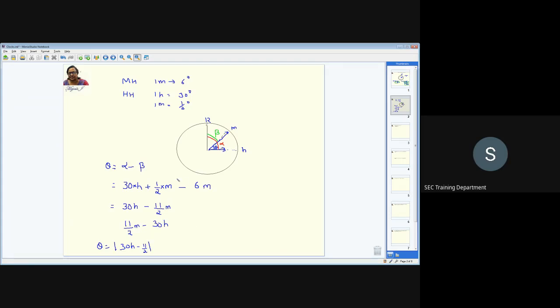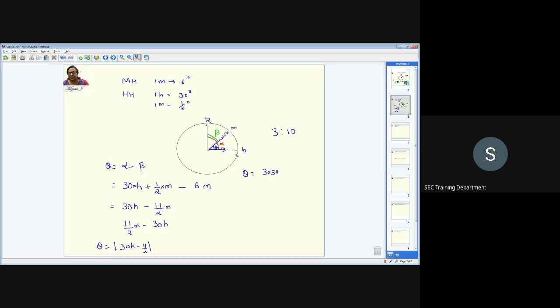If you're not very clear with the formula, I'll explain with a value. Imagine the timing is 3:10. When you have to find the theta value, forget about the formula which you have here. I just want to derive this at 3 o'clock. When I say 3:10, at 3 o'clock the hour hand would have moved 3 into 30. Exactly at 3 it is going to be at 3. But at 3:10 it would have further moved by 10 minutes after this 3.